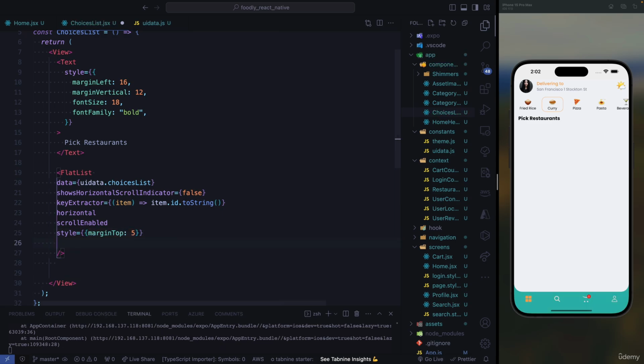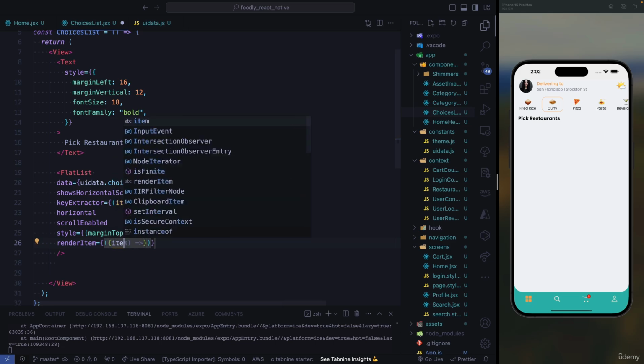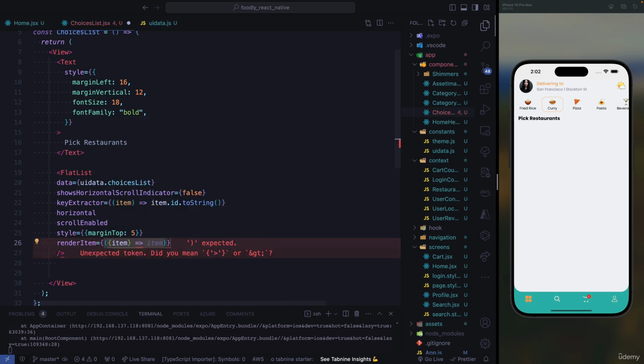Right at the bottom, we're going to render item. So to render item, we're going to require the item. So inside, we're going to pass the item first, and we need to have the component that we're going to render. Okay, let's see. It has to come outside